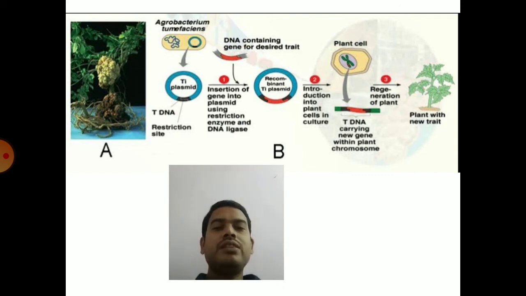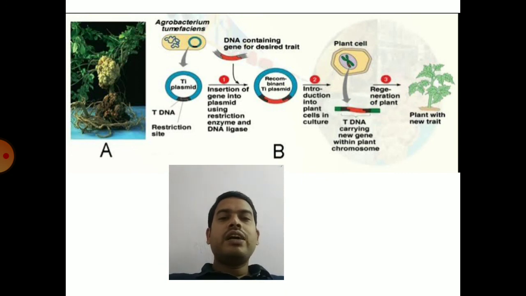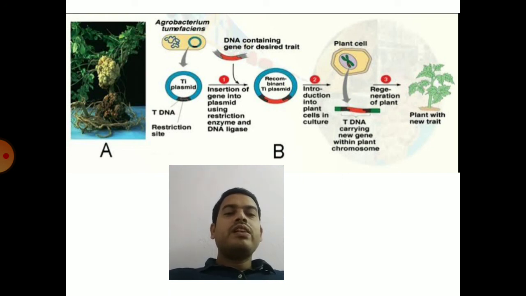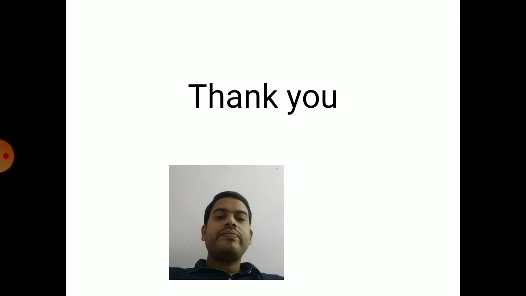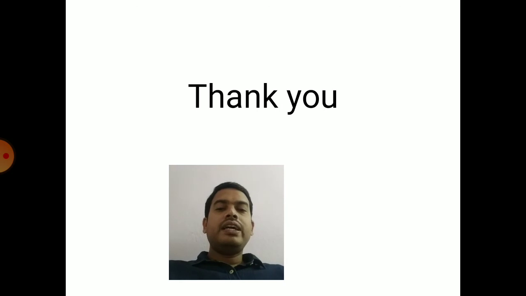So you can see in the diagram, A is showing crown gall disease caused by Agrobacterium tumefaciens, and Ti plasmid containing your foreign DNA is introduced into Agrobacterium tumefaciens. Then after infection, the foreign DNA from the Ti plasmid is integrated stably into the plant genome where it is expressed. So that is the Agrobacterium mediated gene transfer method in plant cells. So these are the various gene transfer methods, direct and indirect methods or biological methods, which are used to transfer your foreign DNA into bacterial, plant and animal cells.